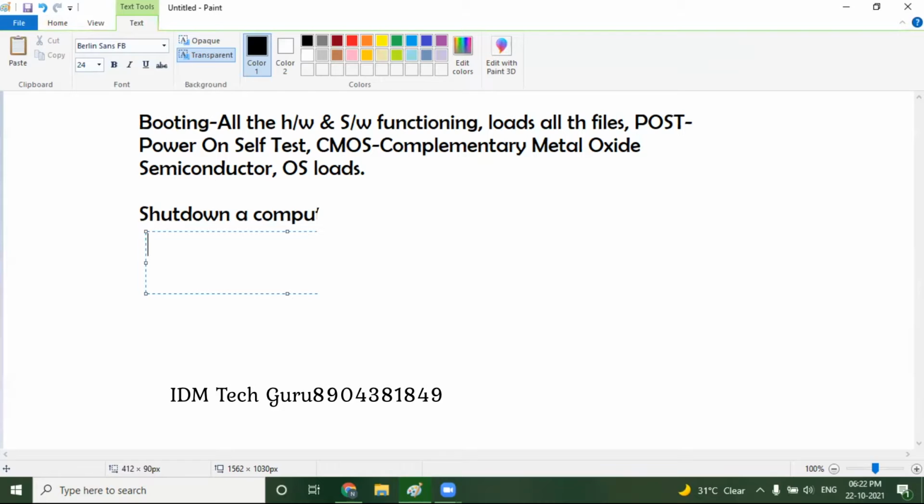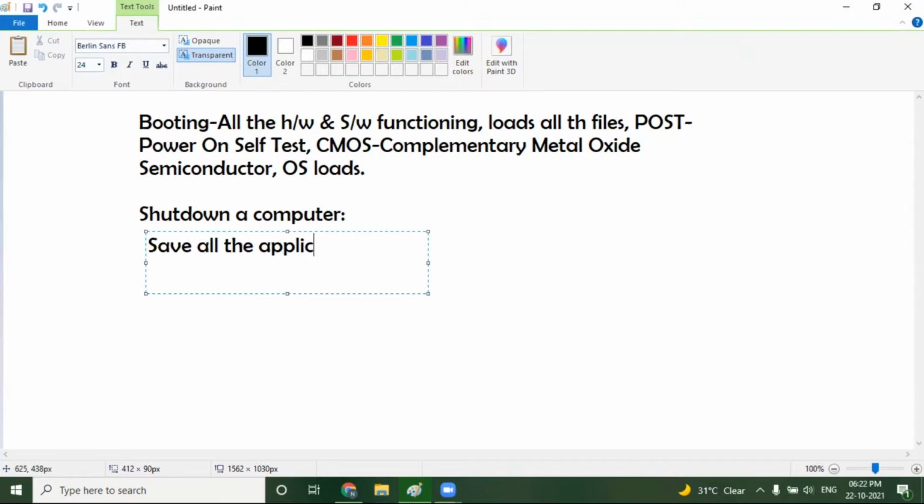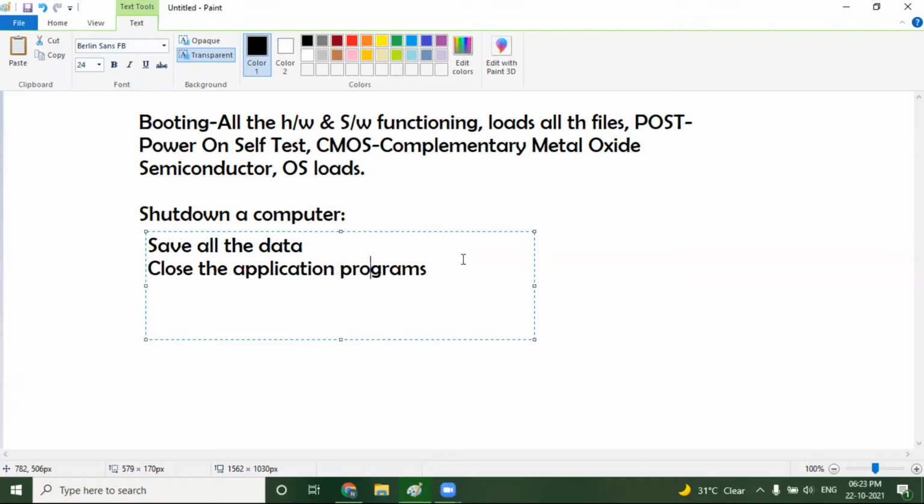First, you have to save all the data. Then the second one is you have to close all the applications. Unsaved data needs to be saved. Then you should close all the application programs. Then the operating system will automatically shut down and close all the programs, services and all the processes. So then the OS shuts down